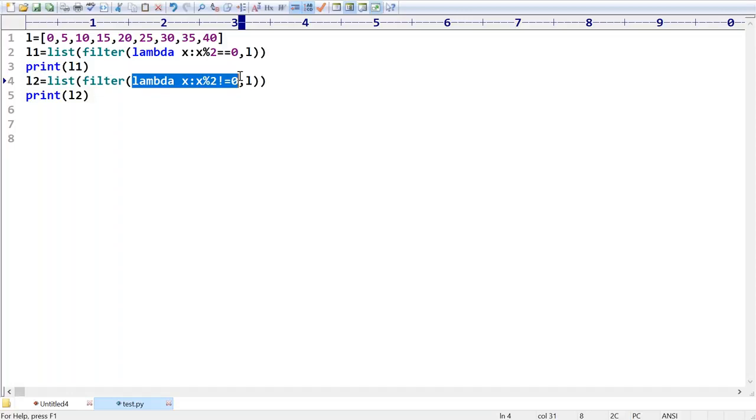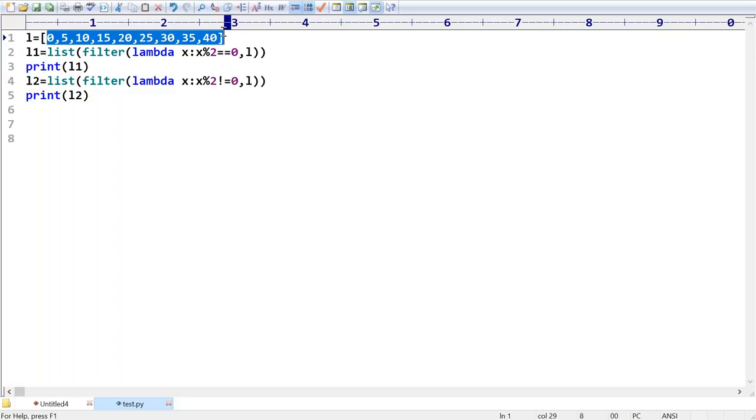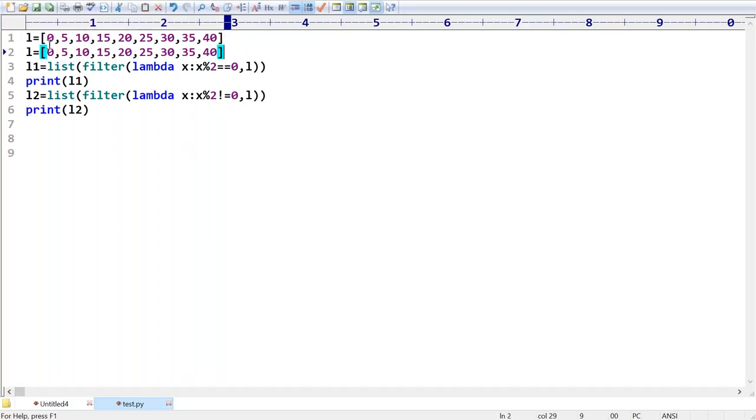These are the numbers. For all these numbers, I want to find the double value. 0 double means 0, 5 double means 10, 10 double means 20, 15 double means 30, 20 double means 40.